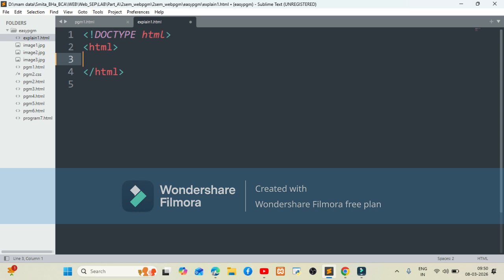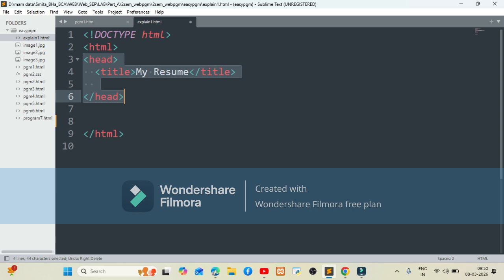What is the next tag after HTML which has to be there in our document? It is the head tag. Head tag is used to store the meta information about our document. In this head tag, we can give the title to our web page. Also, we can write the styles to our web page, and we can write the meta information between these head tags. You see here, the head tag is opened and then it is closed here.